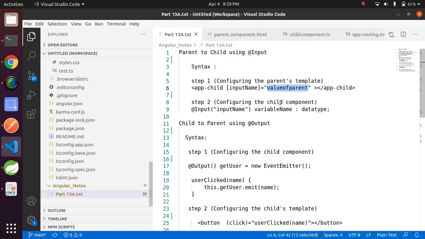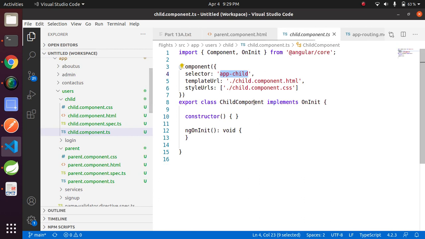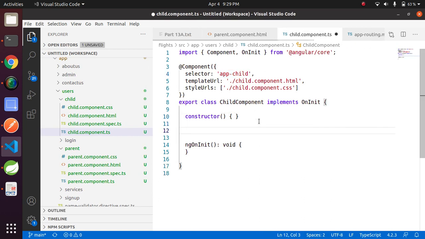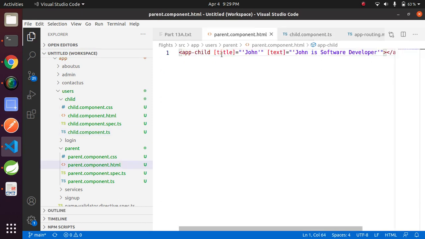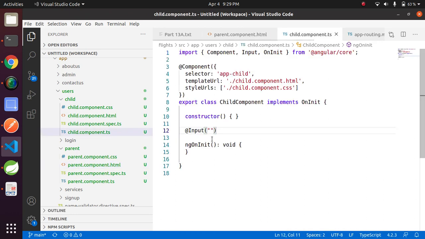The second step is we need to receive the same data in the child component. Let's open the child component now. This is child component.ts. Use @Input here, and the same name whatever you have given in the parent component template file, copy this and paste here. Now provide any variable name here.